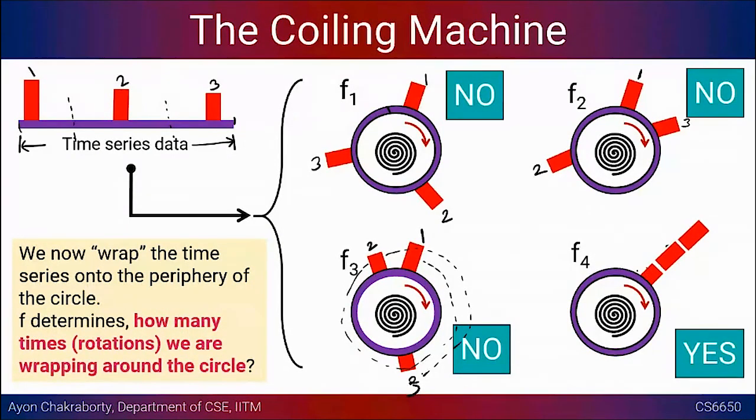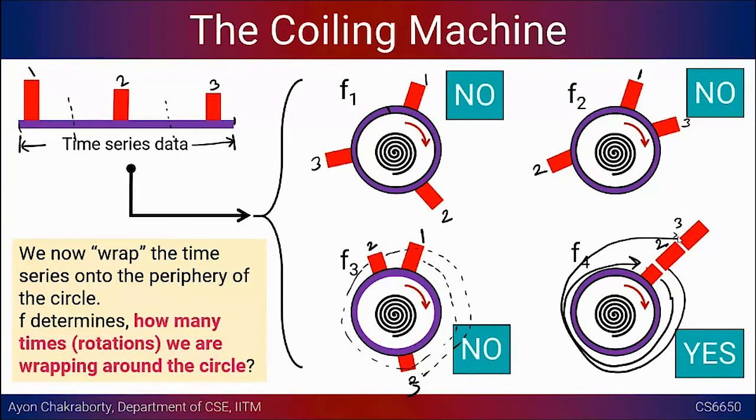Because if you are rotating it at every sort of F4 frequency rate, they will be aligned nicely. So this is going to come back after this fixed period of time. So the rate is going to come back exactly after this fixed period of time. You get 2, and exactly after that fixed period of time, you are going to get 3, right? So that is the reason they get nicely aligned when you choose a very particular value of frequency.